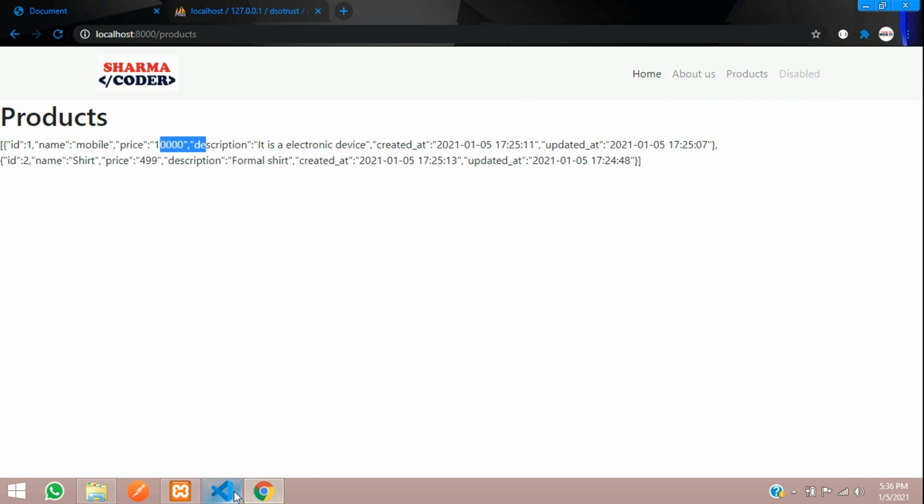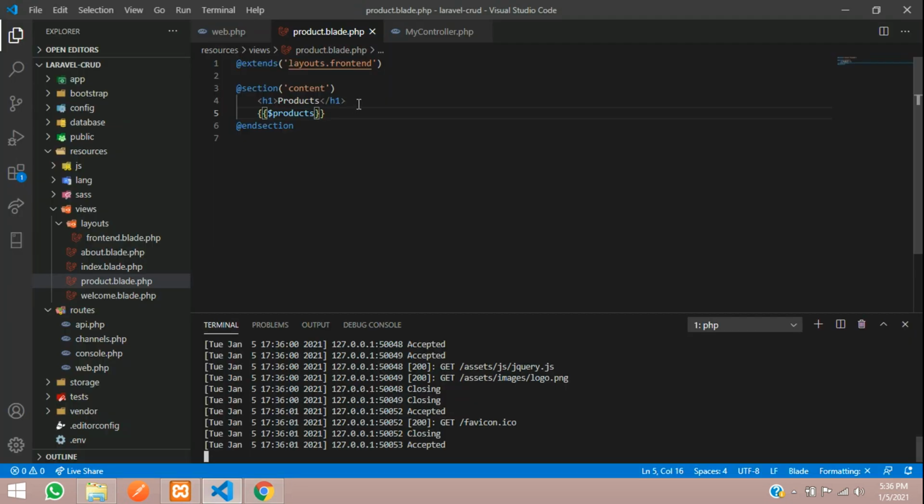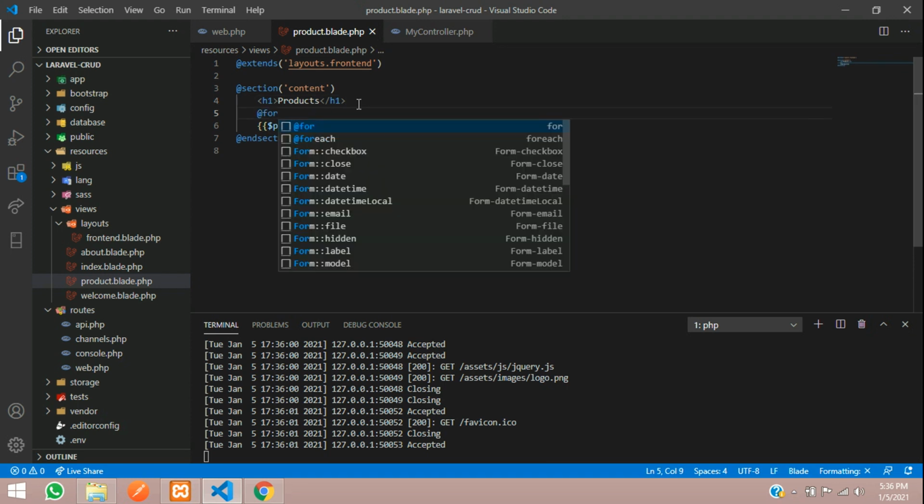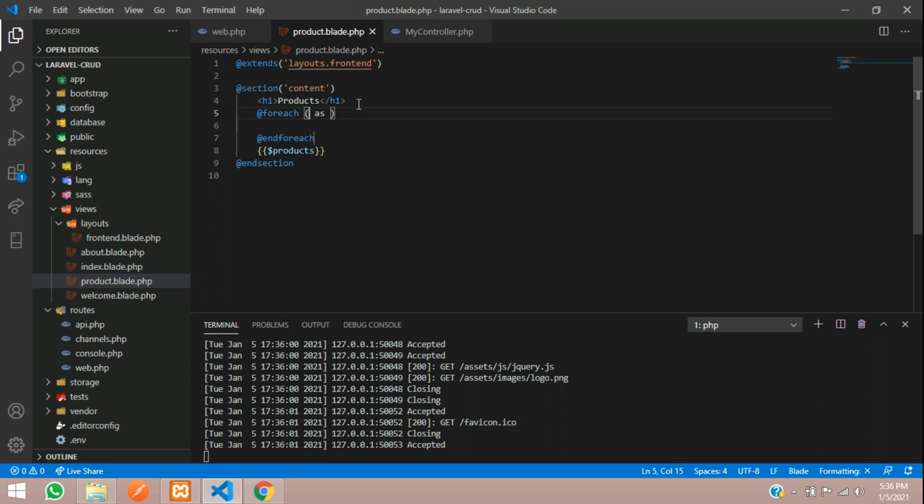For that you can use a foreach loop over here. Hit enter. At foreach, just give this variable name $products and paste it over here.